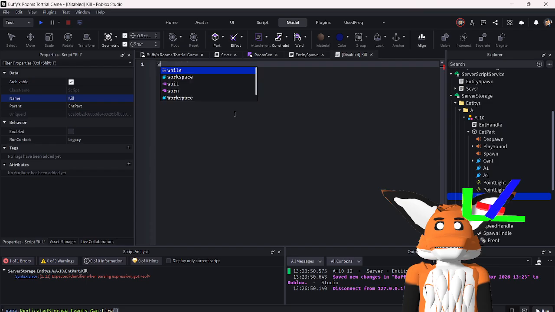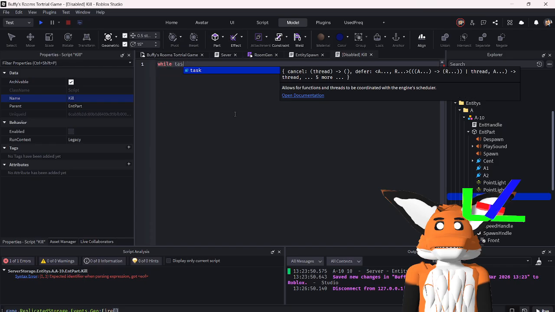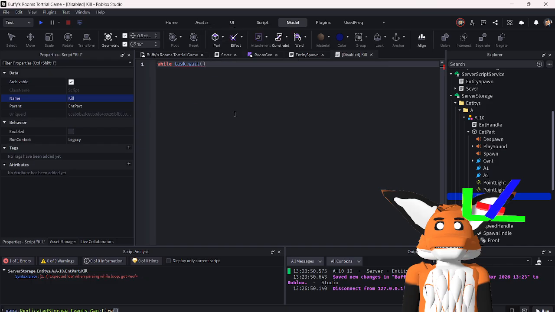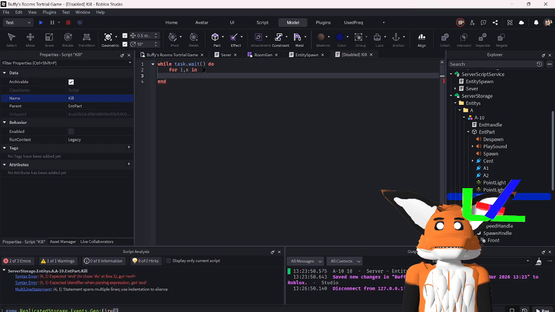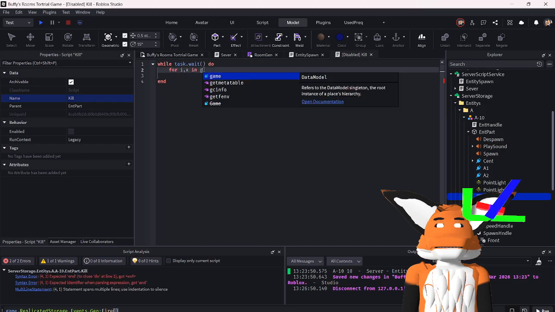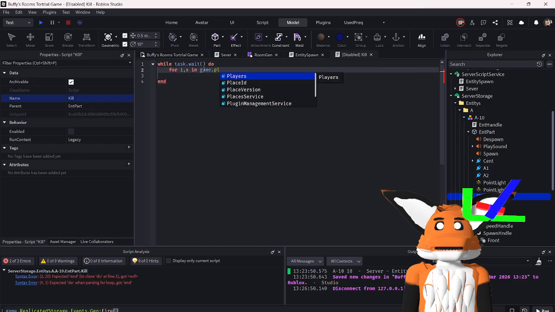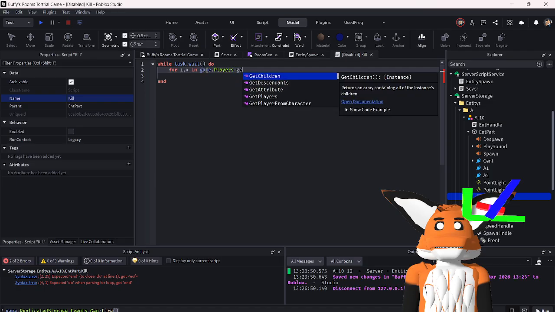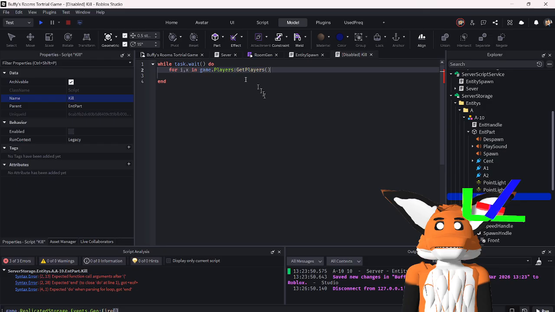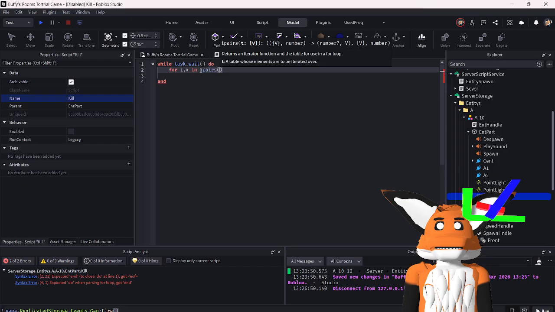Task cannot wait. Do ipairs and game.Players, the players, sorry. Get players. We're going to put that into an ipairs. So yeah, we're gonna change this to